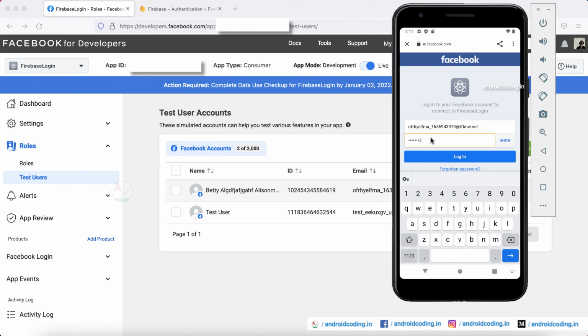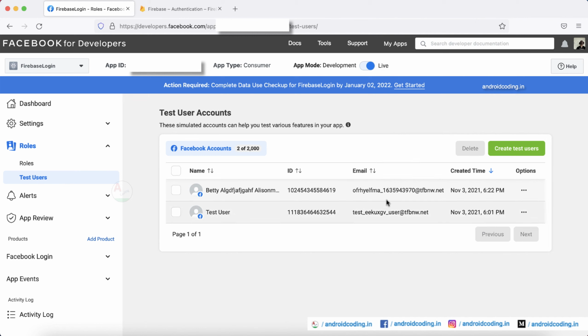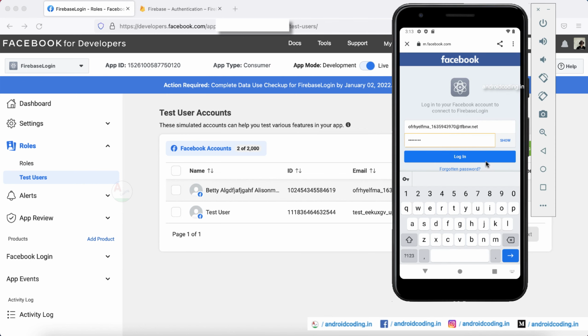And also one more thing I'm going to specify here is that this email address and password which you are seeing on the screen are for my application only, and you cannot use this email address inside your application because these test users are individual to the project itself. And even inside your Facebook console, when you have multiple projects, you can't use the test user of one project inside another project. So now let's try to log in here.